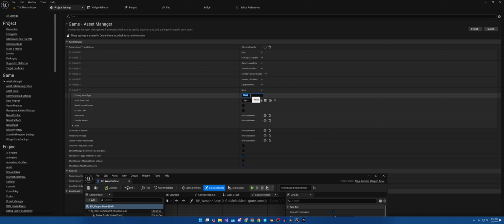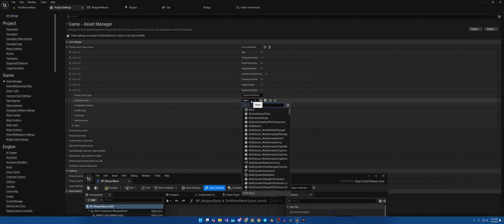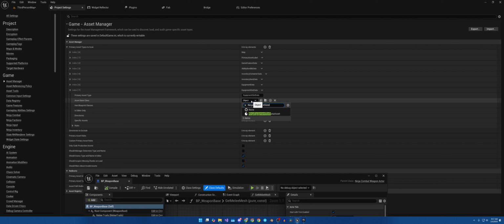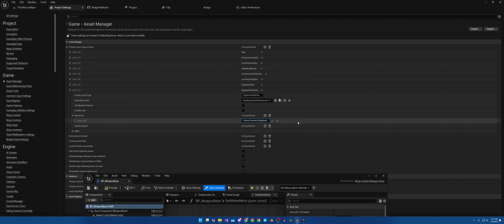For the last one, we want equipment slot data. This one we won't touch over in the next 2 episodes. We'll eventually get to it, but it's important to know where it is located. And this one is Ninja equipment slot data asset. And it goes in the same place as the other equipment item. There we go. Now that we have that set up,